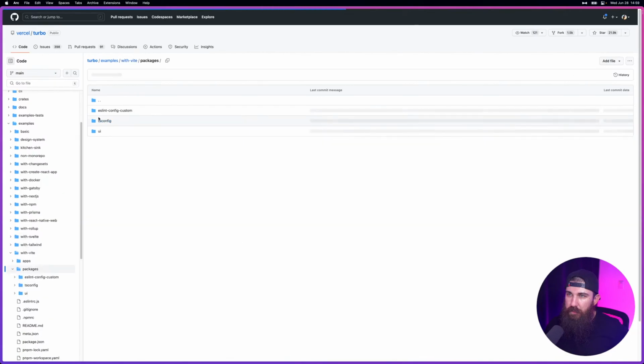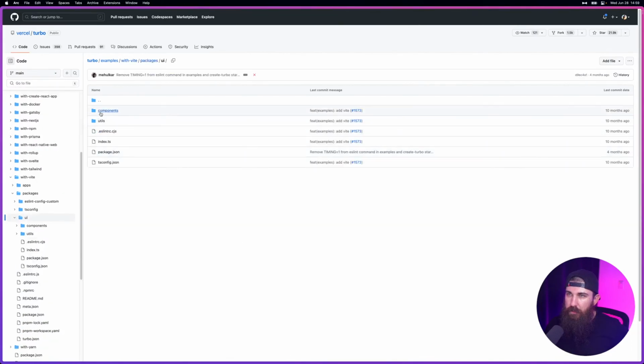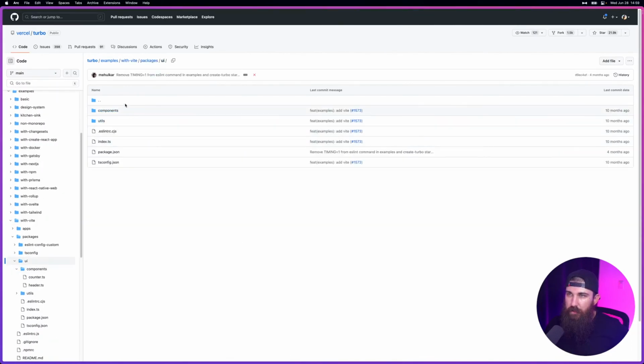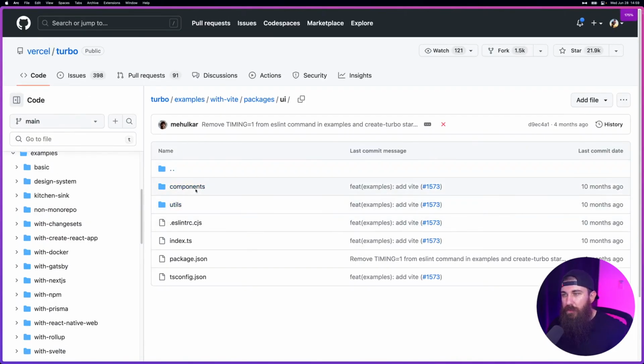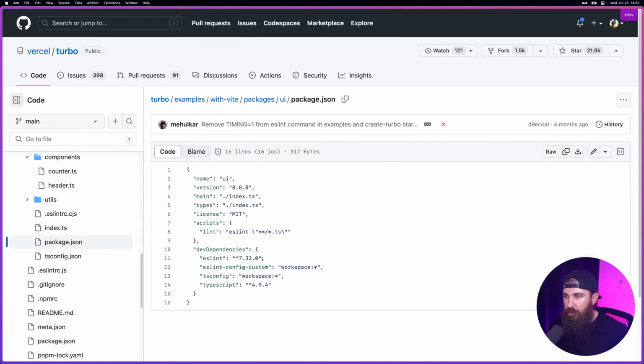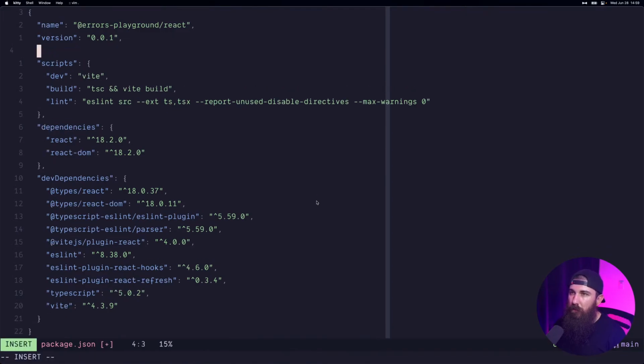there's Vite, packages, UI. So components, counter, and header. This package, let me zoom in. This package exposes these two, right? So we have the main and we have types. Yeah, that's what I was thinking about. So main is going to be the source